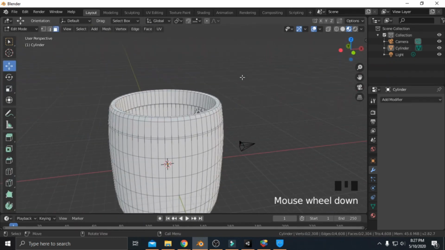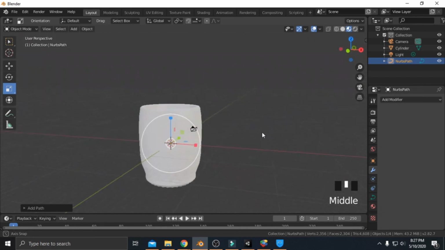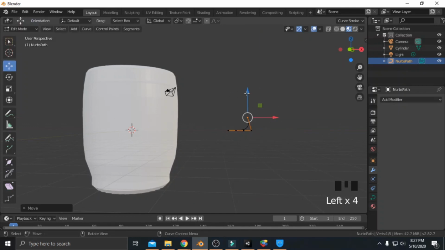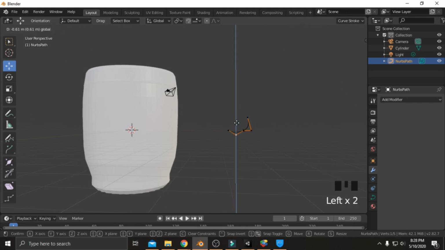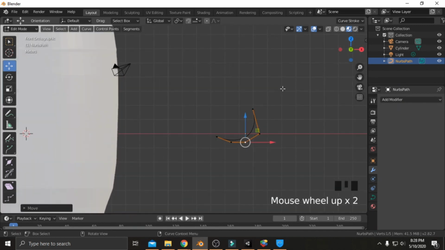So now let's do another thing and add a Bezier curve. So go to the curves and select a path. So I'm going to select it here, shift it, and then let's edit our Bezier curve. So let's do this, and let's do another one here. And let's go here and then